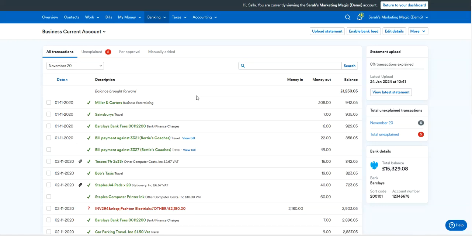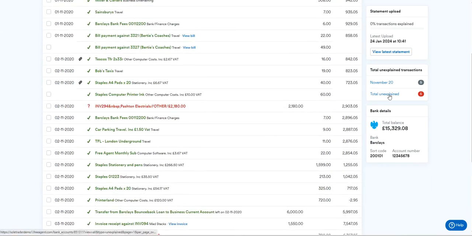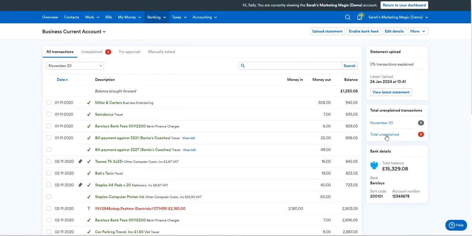I often get asked by clients how to deal with issues where you've gone to a supplier and bought something in the shop, taken something back and returned it, they've given you a credit note, and then you've bought something new. Because obviously on the bank, there's probably going to be just one transaction. So in this case with Sarah's Marketing Magic, which is our demo account, if I go in here,